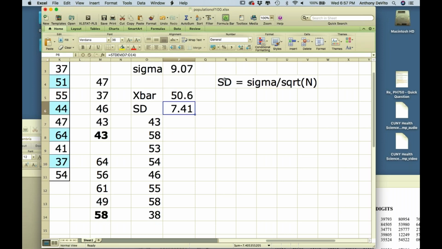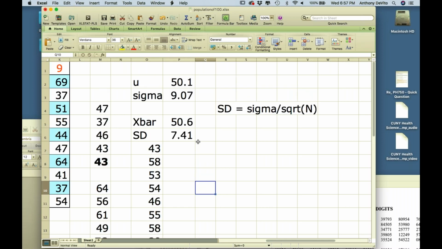So that's something that's really going to come in handy for us. This standard deviation of the sample means is going to help us understand how likely it is that when we calculate our x bar based on the sample size we're using, we're close to the actual population mean. Obviously, as the sample size goes up, the variability of the possible means that we could have gotten goes down, so it's more likely that we're close to the mean when the sample size is bigger.